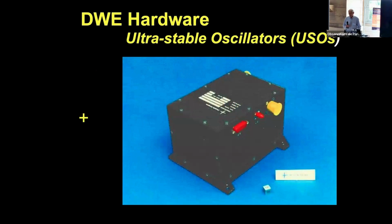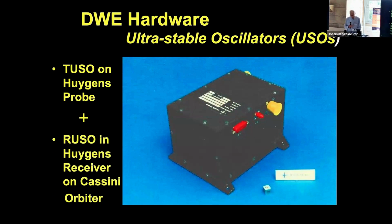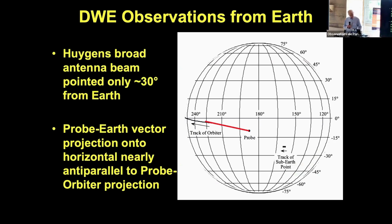For this, we need a very stable frequency source, both on the Huygens probe, the so-called TUZO, which was the first element, and then we also needed one on the probe support equipment on the Cassini orbiter. Nothing more than a black box, which produces a very, very stable frequency source, which is then uplinked to the S-band downlink signal. And so we had these observations from Earth planned from the beginning,